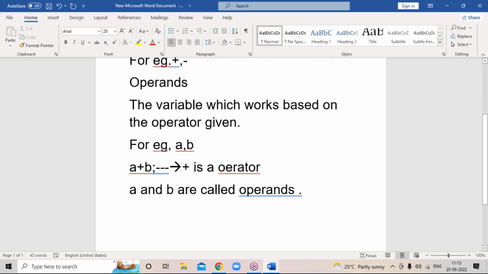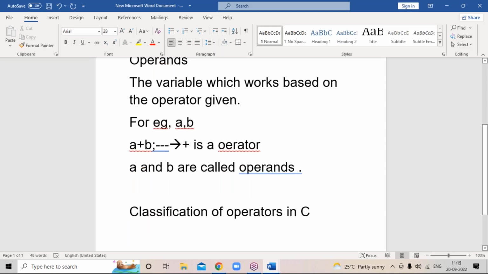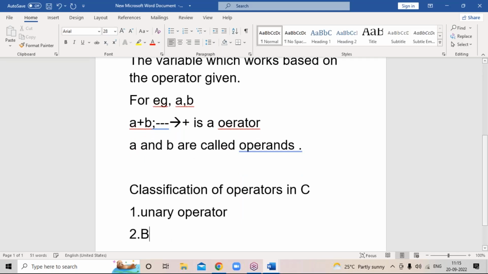So we are talking about the classification of operators in C. So what are its types here? First one is the unary operator. Second one is the binary operator. Third one would be